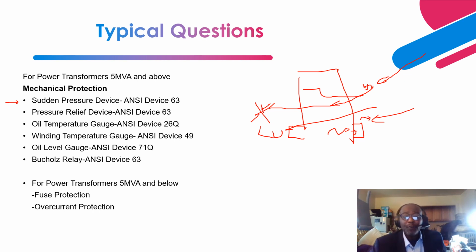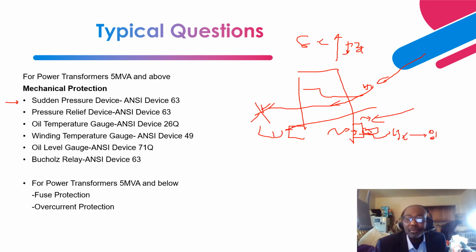If a through fault goes through the transformer, because the transformer is filled with oil and the short circuit current is so high, it translates into high-magnitude electrodynamic forces. These forces create a pressure wave that impinges on the bellows of the sudden pressure device. Inside it has a micro switch wired to an auxiliary relay 63X. Then it goes to a lockout relay before it goes to the trip coil of the circuit breaker.